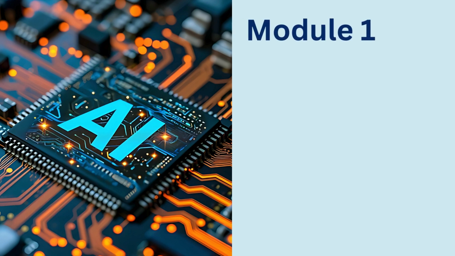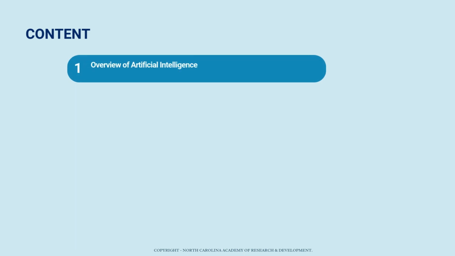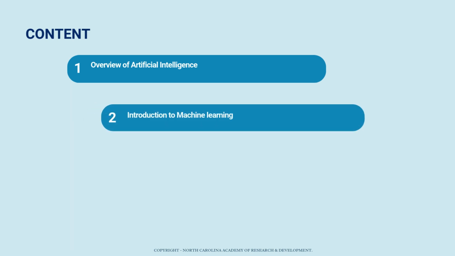Welcome to Module 1, Introduction to Artificial Intelligence. In this module, we'll explore 4 key areas. First, an overview of artificial intelligence, where we'll discuss what AI is, types of AI, how AI works, and the evolution of AI. Second, we'll move to an introduction to machine learning, covering what machine learning is, types of ML,